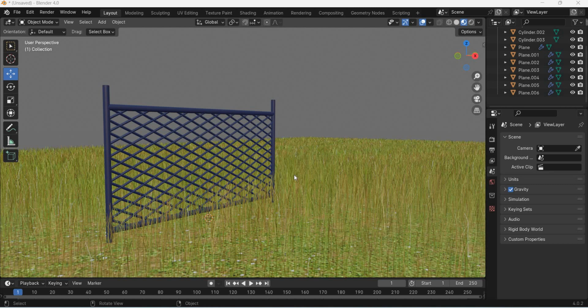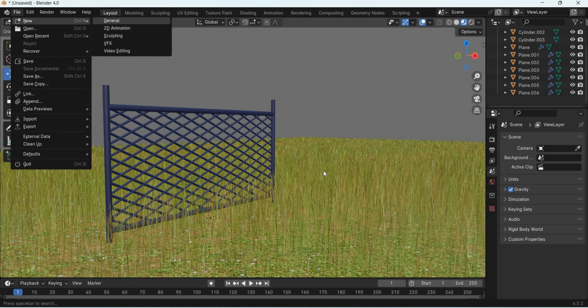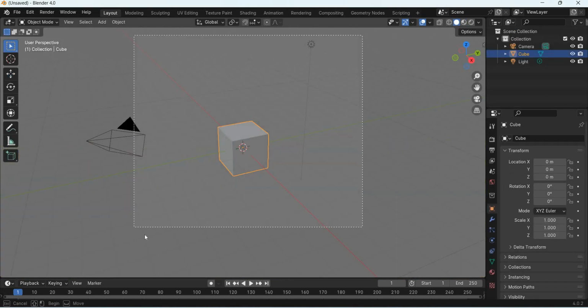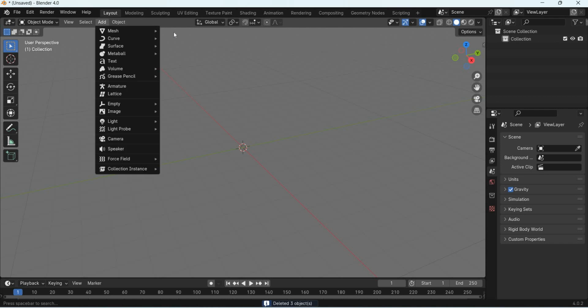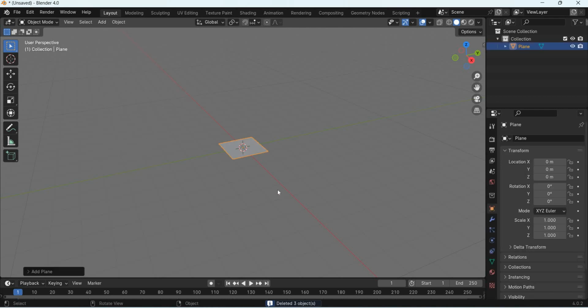We are going to look at how to create a quick fence in Blender like this. So let us create a new file, delete everything, add mesh plane,